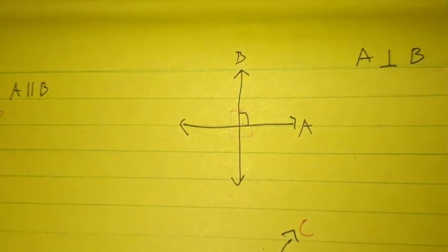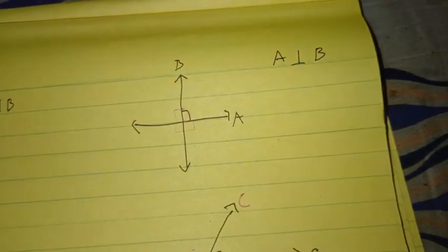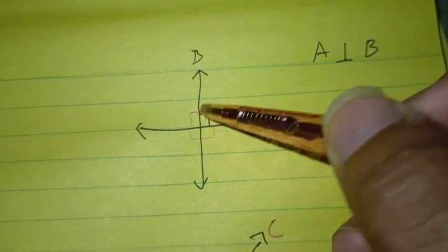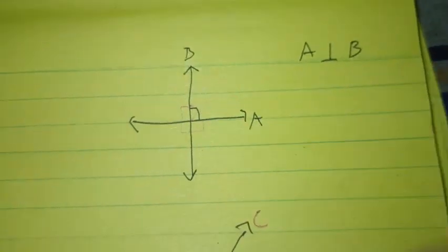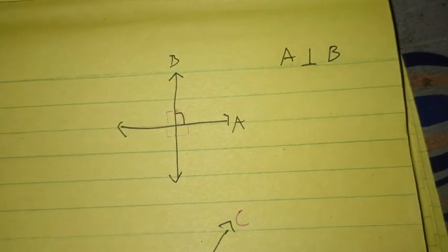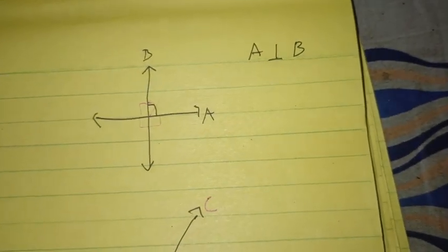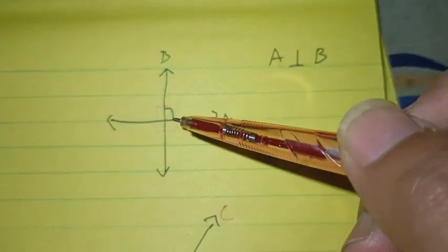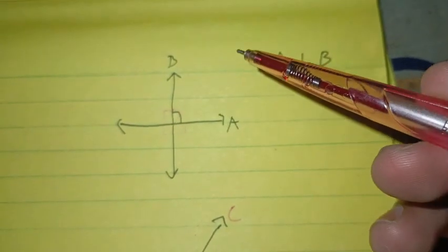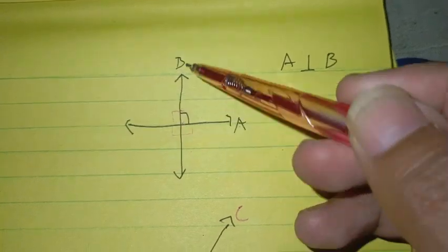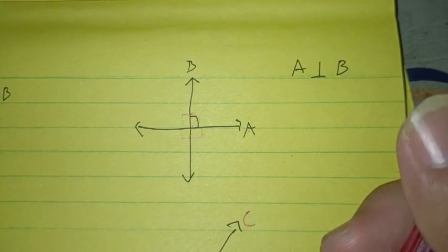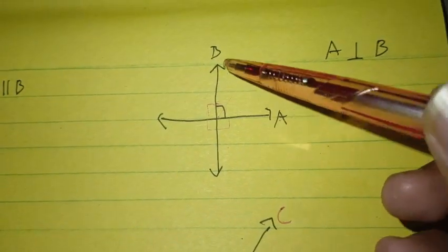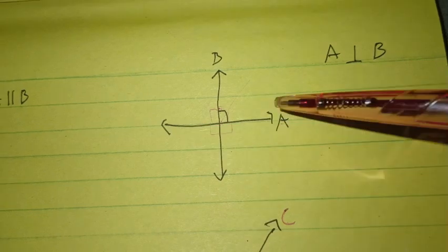Let's tackle proofs for perpendicular lines. If two lines are perpendicular, they form four right angles, just like we talked about earlier. So here it is, four right angles: 1, 2, 3, 4. Next theorem is if two lines form congruent adjacent angles, then the lines are perpendicular. So they form adjacent angles, so this forms a perpendicular line. If line AB forms an angle, this means they are perpendicular.